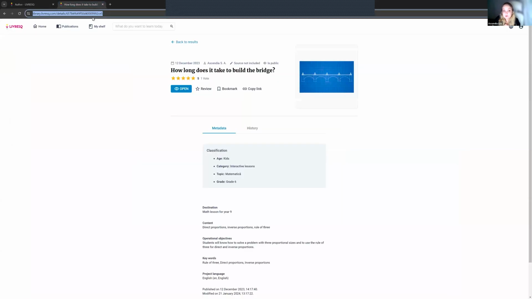And again, inside the library, you can have lessons on your own shelf, so only people with the link to that lesson will have access, or you can make them public. And if you decide to make them public, it takes, I think, 1 or 2 days, because we check all the lessons that are public by hand. So it's not AI that does the checking,